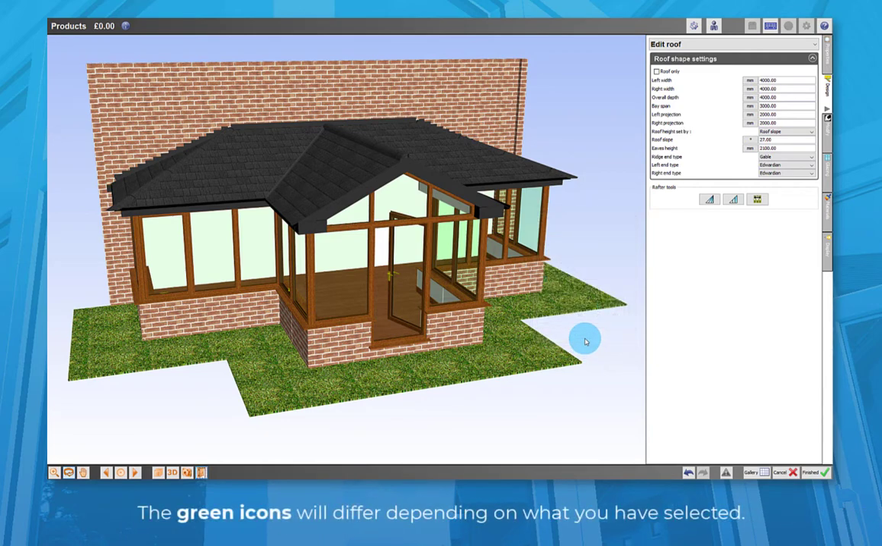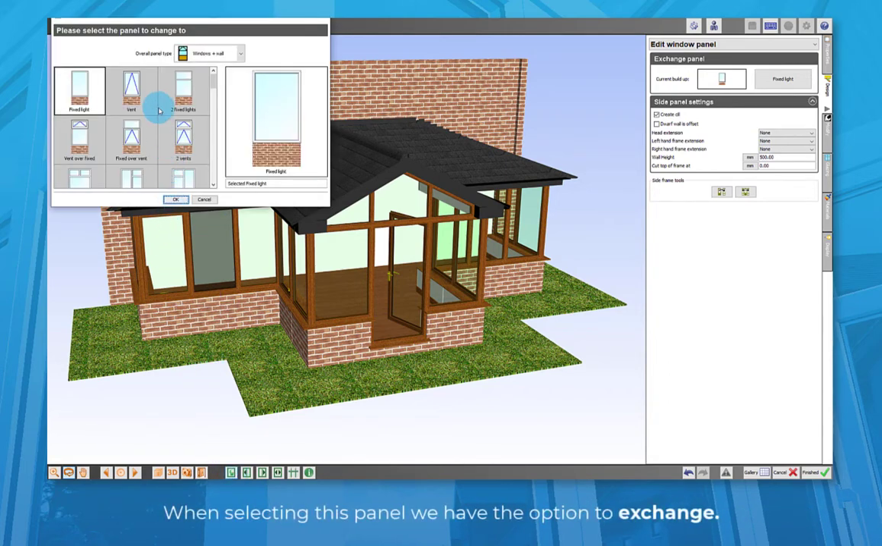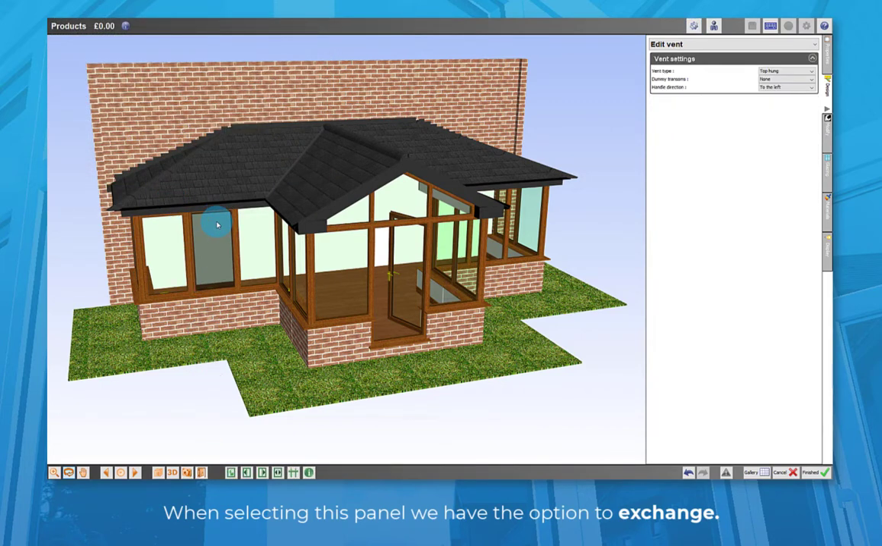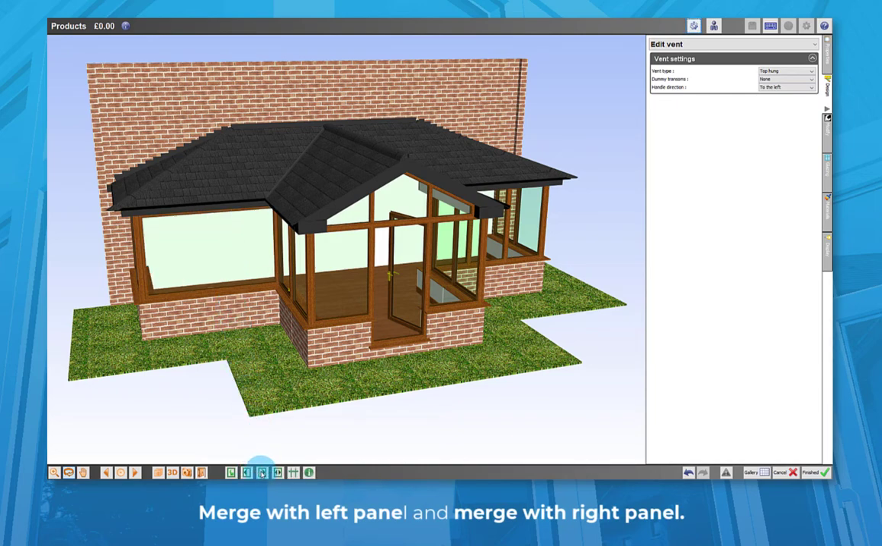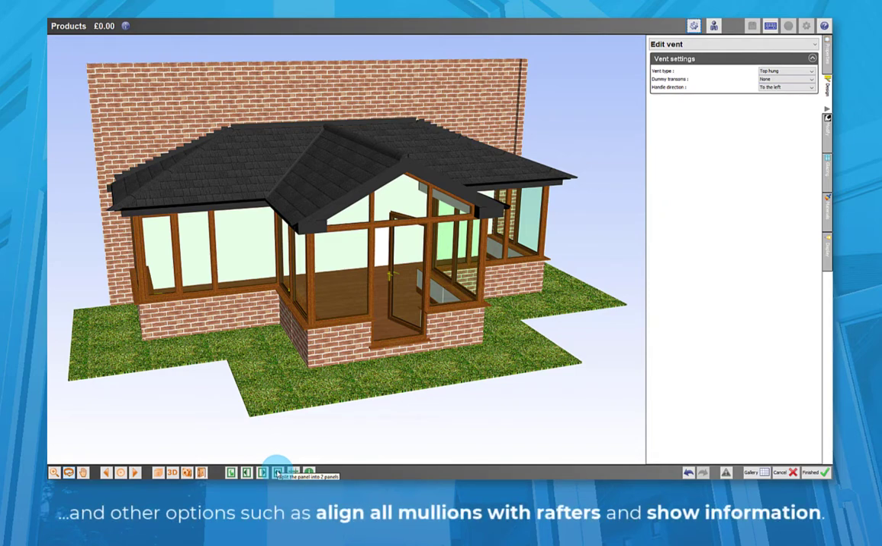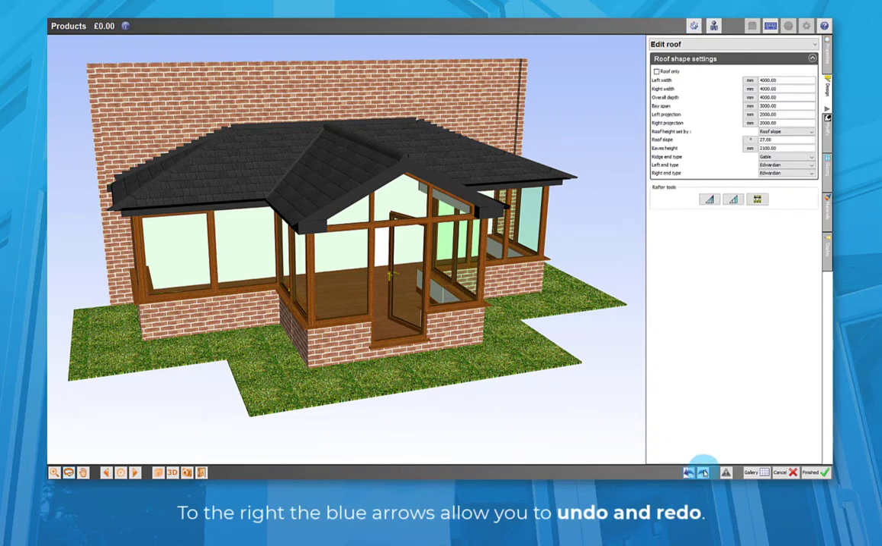Onto the green icons. These will differ depending on what member you've clicked on, and some of them match the functions of the mouse menu. So we have exchange, merge with left panel or merge with right panel, split the panel into 2 panels, and then we have other options such as align all mullions with rafters and bring up the information for the panel. To the right, you can undo and redo actions,